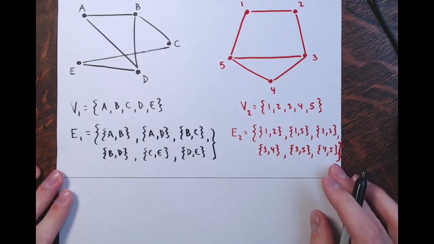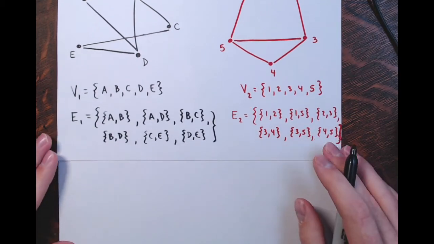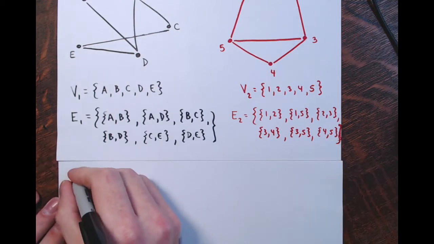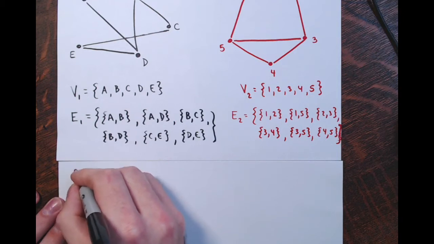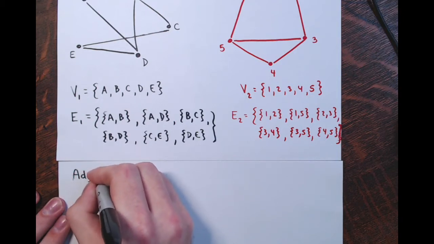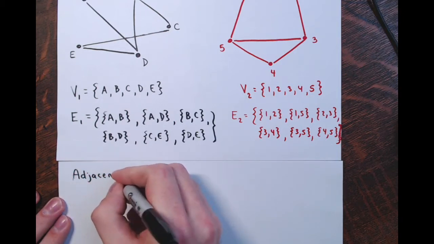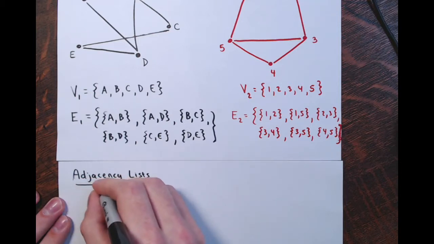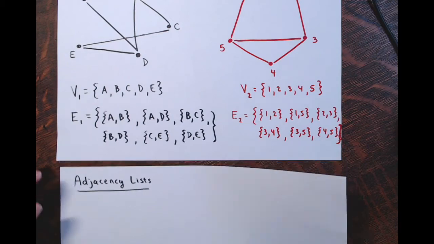One thing I could do is look at, now I know they said this would be difficult to look at, but I'm going to look at the adjacency lists for these graphs